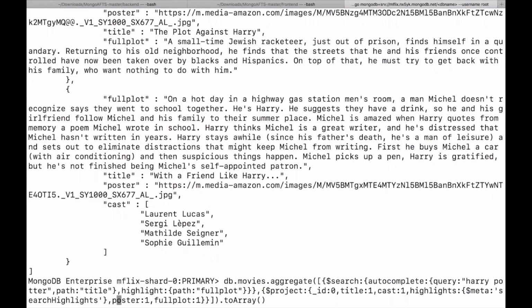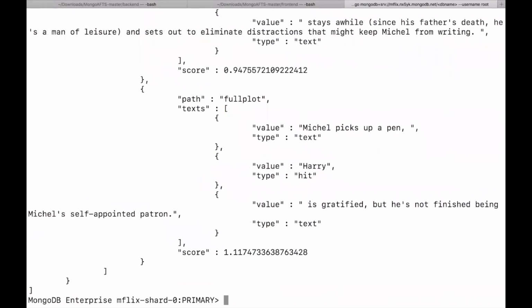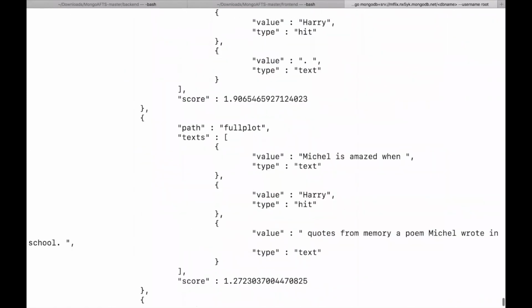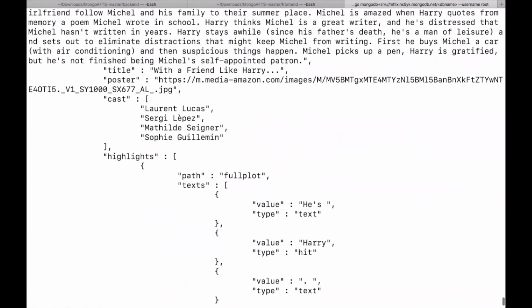Should give a comma here. Yeah. So this is how it works when a particular word matches your search term.